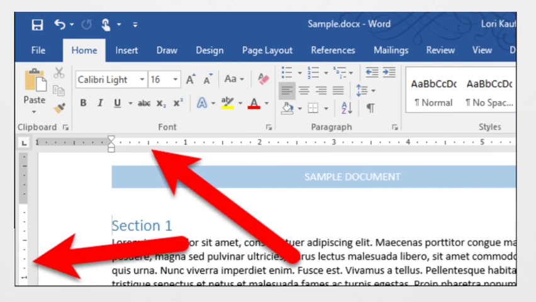In the same way, you can change the horizontal margin of left and right using the horizontal ruler. Again, you can see in the horizontal ruler there is a shaded part on both sides. Bring the mouse pointer there, the two-headed arrow will appear, drag it left or right to increase or decrease the margin.